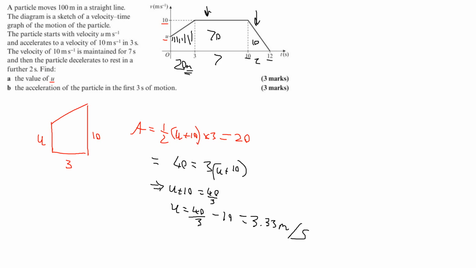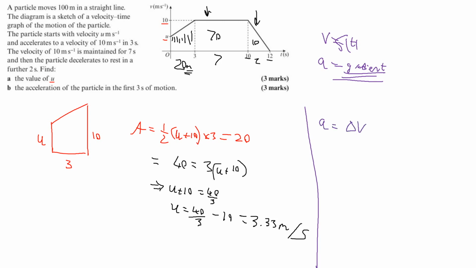Now, how are we going to work out the acceleration in the first 3 seconds? Remember what I said before. If v is a function of time, the acceleration is the gradient. So therefore, a is going to be the change in velocity over the change in time. So the gradient is going to be 10 minus 10 over 3,